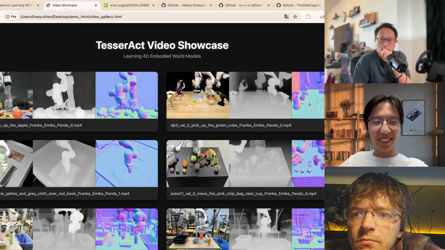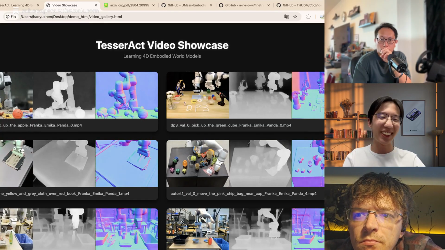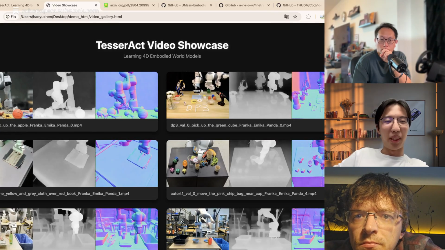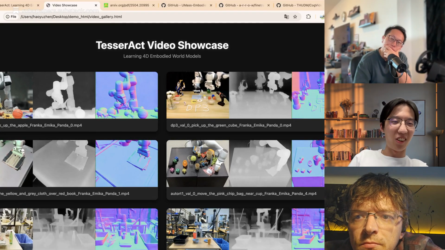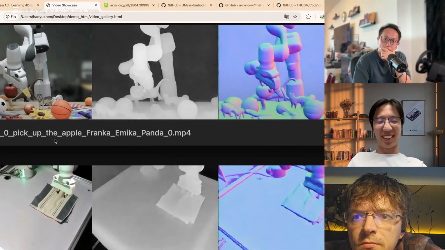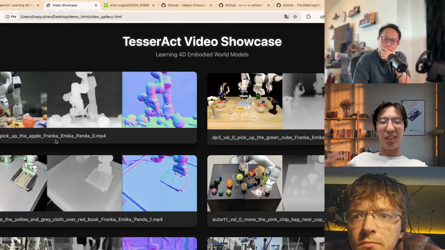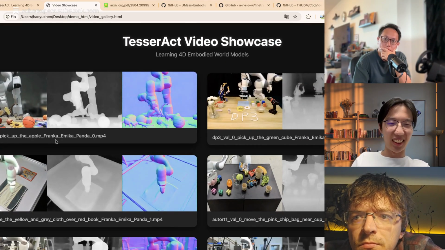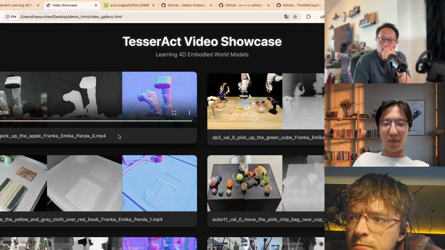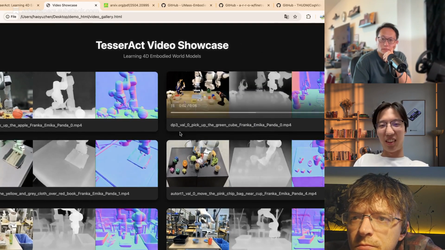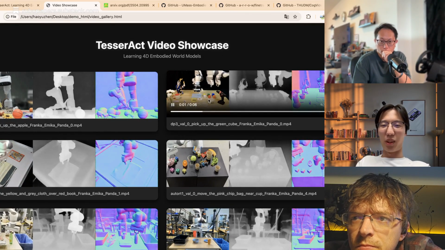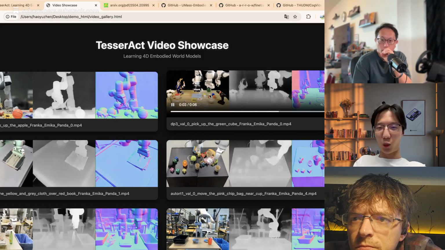But if we prompt some really challenging task like picking up the horse or picking up the dinosaurs, that may fail, because our training data never saw these objects. And also this is the teaser from Diffusion Policy, picking up the green cube precisely.